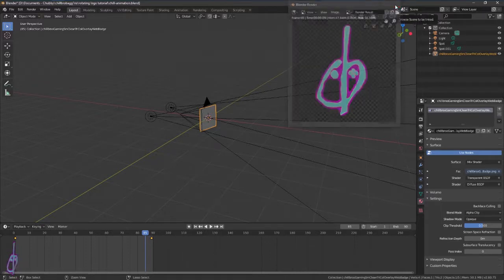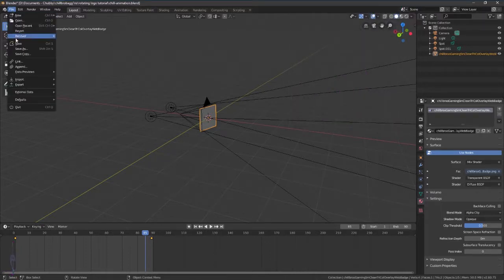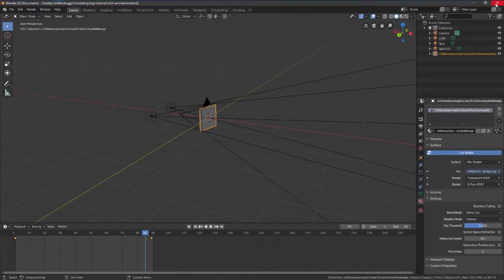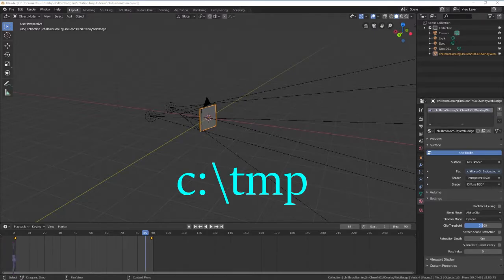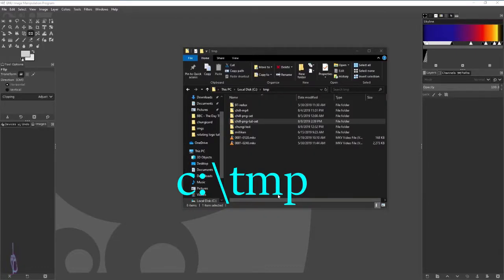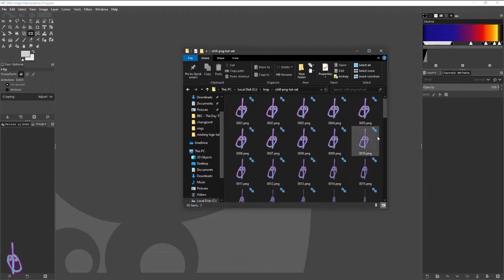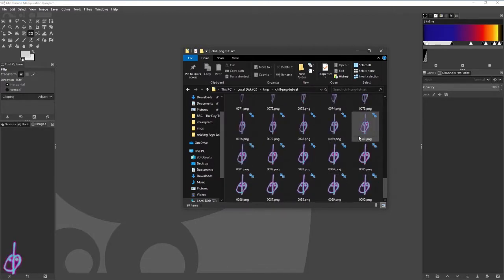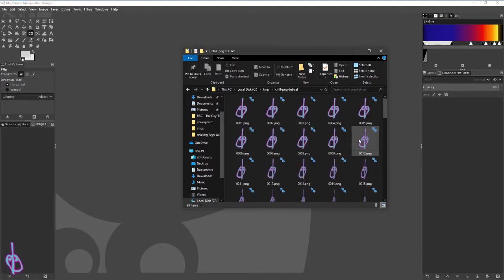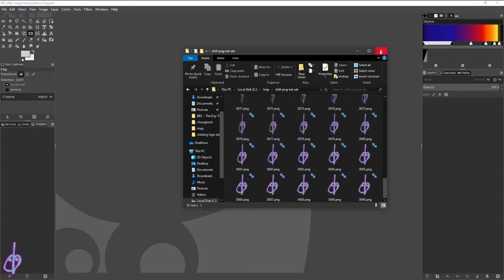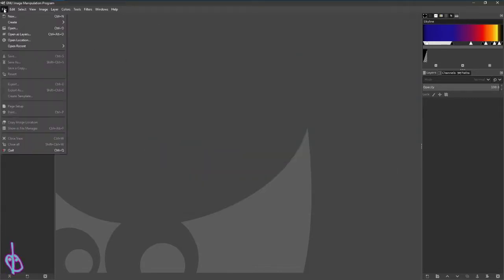Open up a File Explorer window and get the temp folder on your main drive. In most cases, the default directory is set to C:\TMP. In that folder, you should find the 90 or 180 images for each frame of your animated logo. If you're having trouble finding it, open up Blender again and check the output properties. In the output drop-down field, a text box will be at the top showing the directory where your renders are